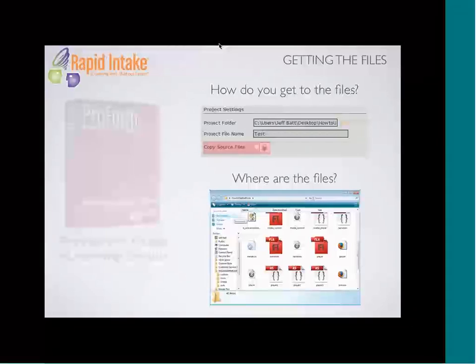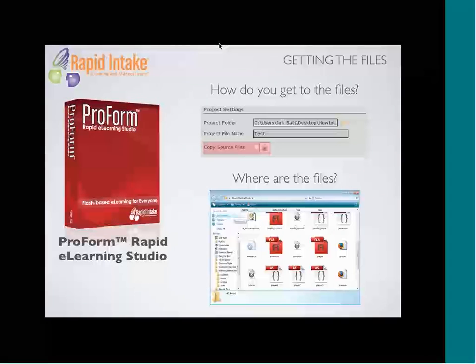Okay, so now let's talk about how to get the styles or how to get these files. The one key thing that you need, if you're using ProForm, is the professional version of ProForm. If you don't have the professional version of ProForm, these files don't exist on your install. If you do have the professional version of ProForm, when you're creating a new course, you click on where I have highlighted in red there, or kind of pink, I guess, where it says Copy Source Files. And that will copy all of the Flash files, the ActionScript files inside of the course